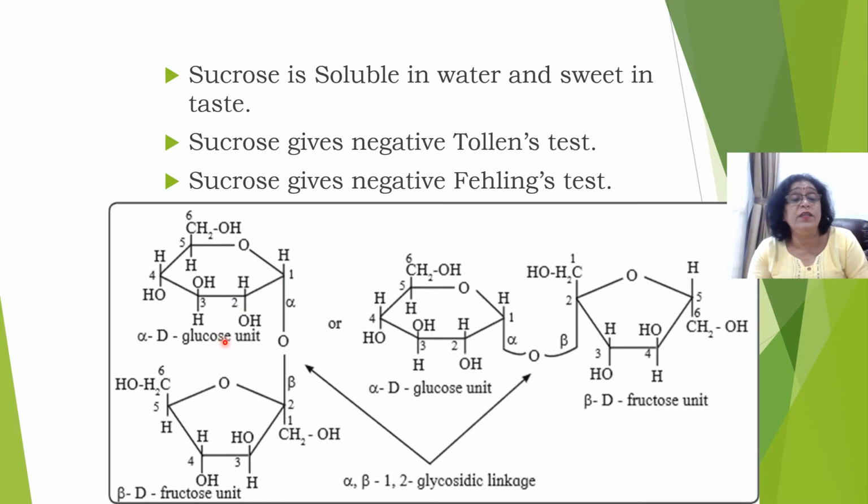So here you see in this glucose, if you see the structure of alpha D glucose, it is having H, OH and ether linkage on one carbon. So that is why glucose itself is a reducing sugar. While if you see fructose, fructose is having OH, carbon chain and O. That means hemiketal linkage it's having on any one of the carbons. So even itself fructose is also a reducing sugar.